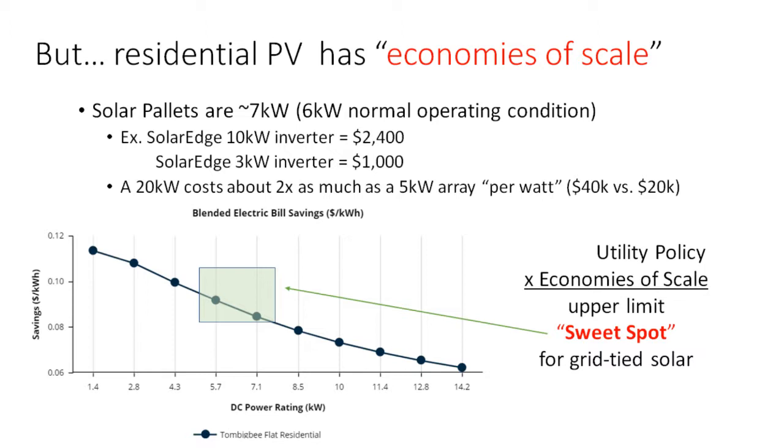So ironically, you might get a quote on a 4 kilowatt system at $4 a watt, and it comes out to be $16,000. Or then you go and get a quote for a 6 kilowatt system at $3 a watt, and it comes out to be $18,000. And then you go get a quote for a 15 kilowatt system, and all of a sudden you're below $2 a watt, and you're below $30,000. But because of the terrible lack of net metering in many jurisdictions across the country, and the trend is to go away from net metering,